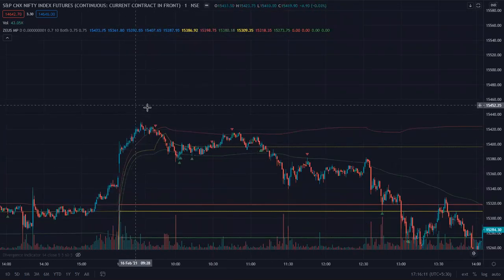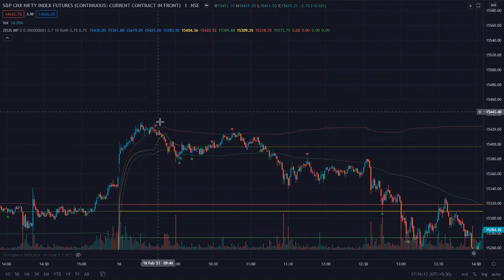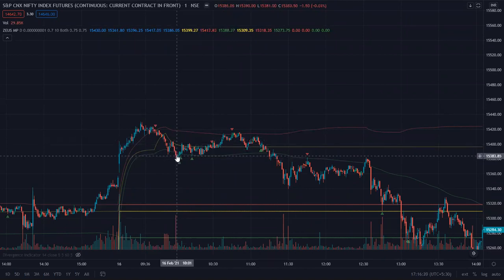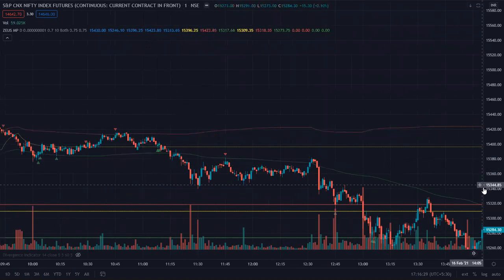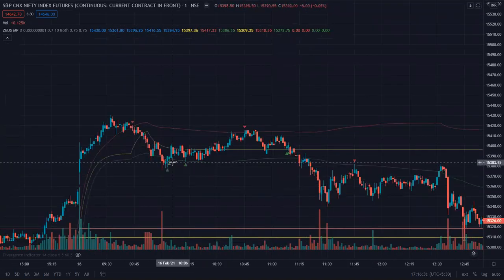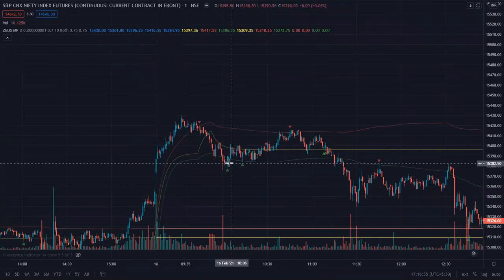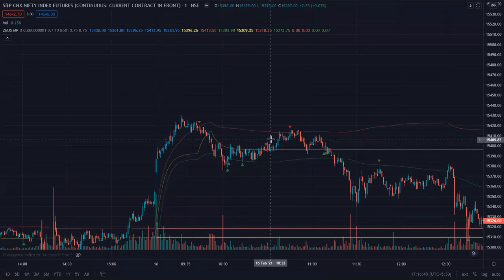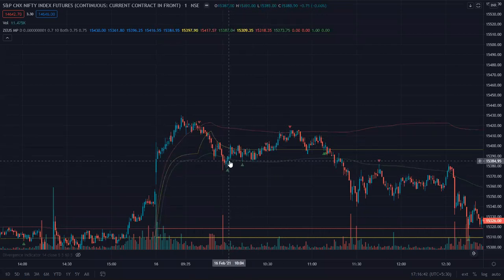Now I'll talk about divergence later on in this session. But you see, I saw this. At this point of time, I remember I was watching the charts that day. I saw this, the first sign that someone is willing to buy. After that, again, I saw a nice big candle showing that someone is willing to buy. That's why I knew, I discussed with my friend also, I said this is worthy of taking for a long trade, putting a stop loss here. And sure enough, this is also quite a good move.